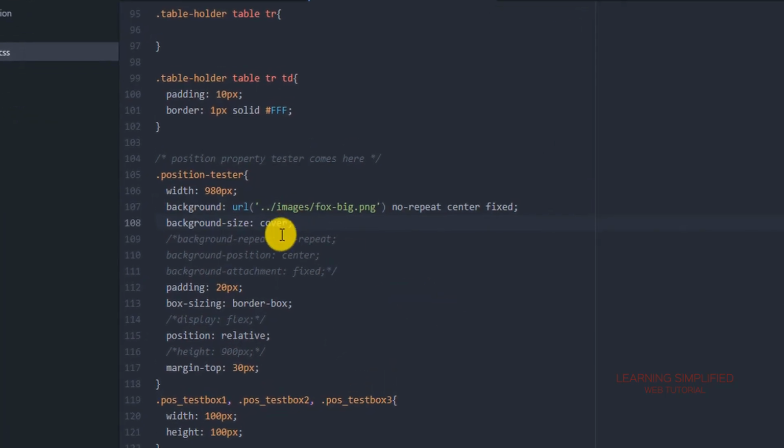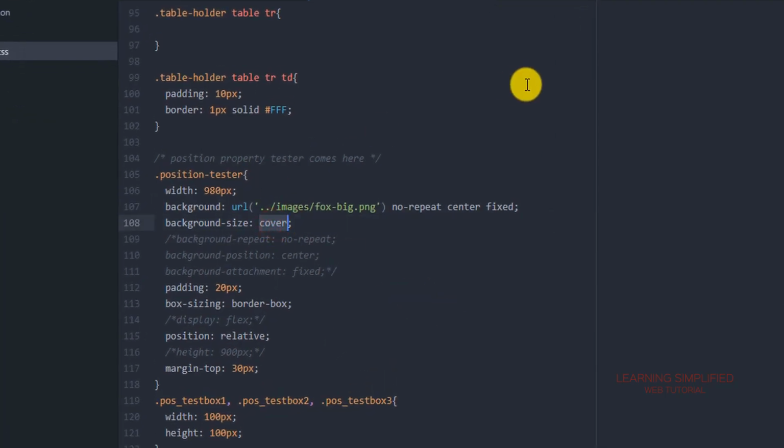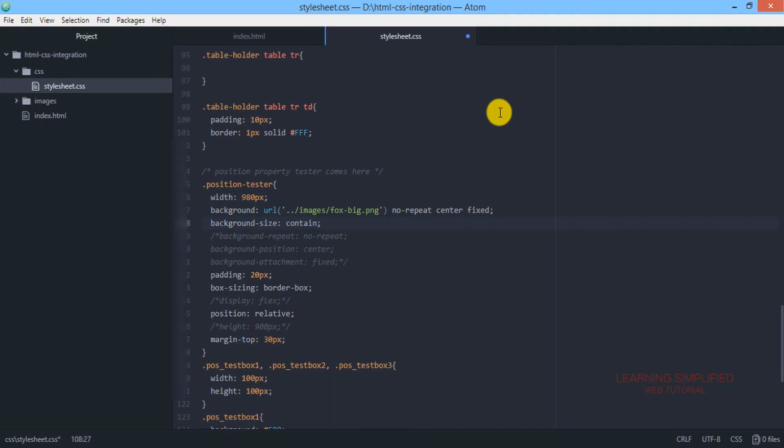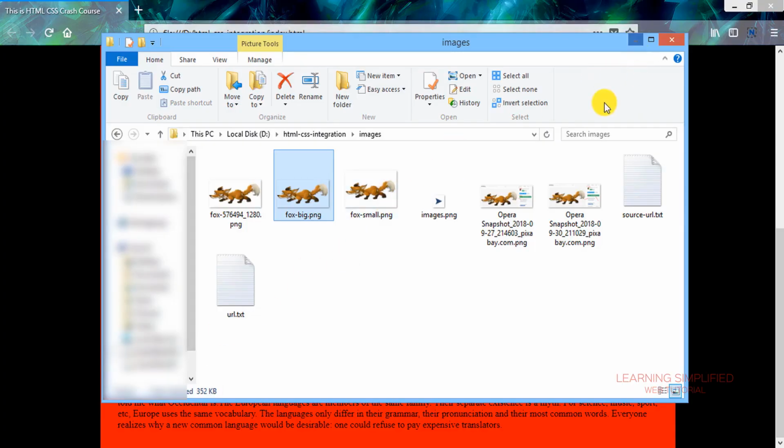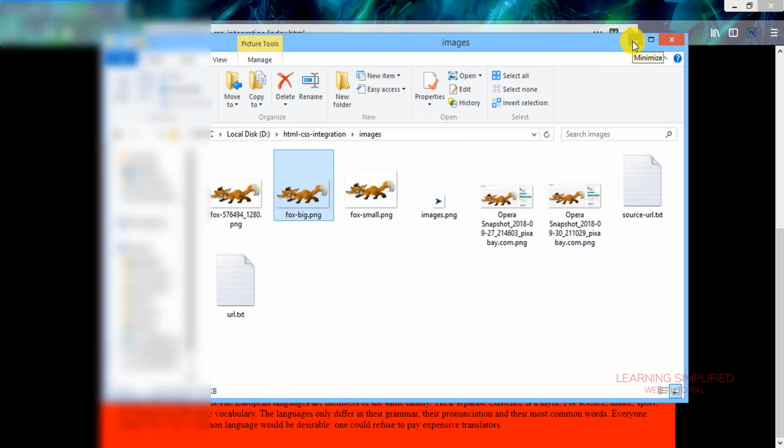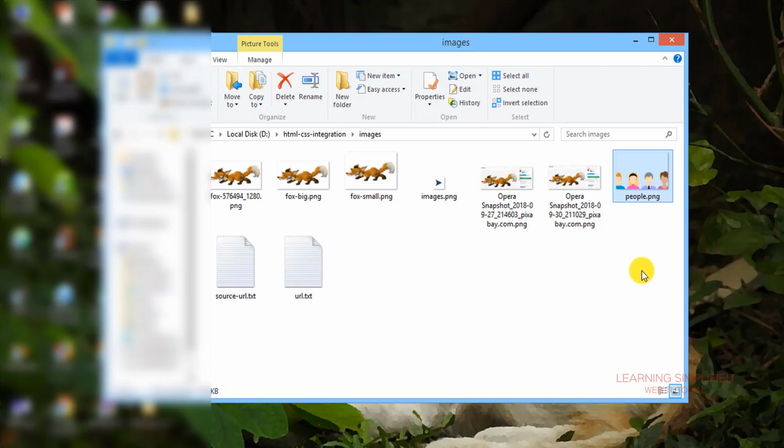On the other hand, if instead of cover we now use contain, I guess another kind of image is required in order to make you understand the difference between contain and cover. So we are going to use a different image. We have imported this particular image into the images folder of our root folder.